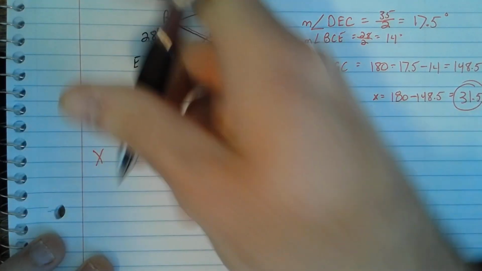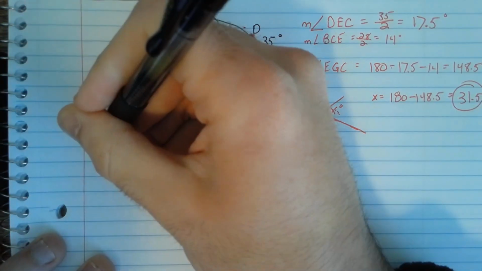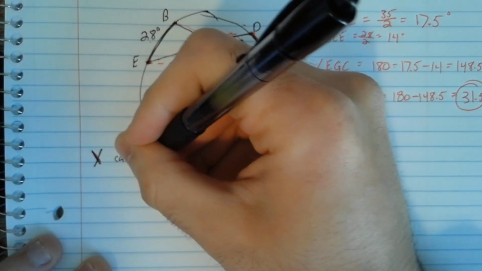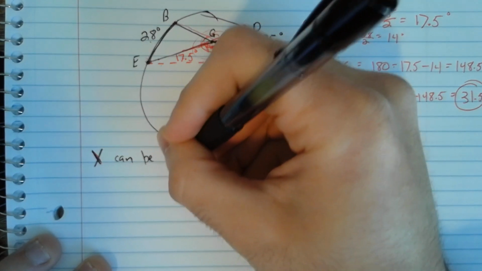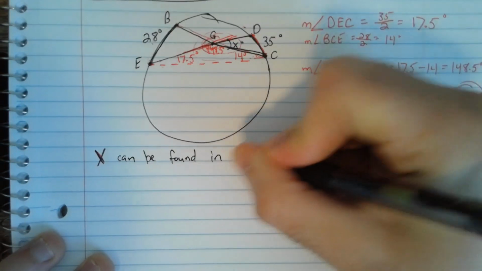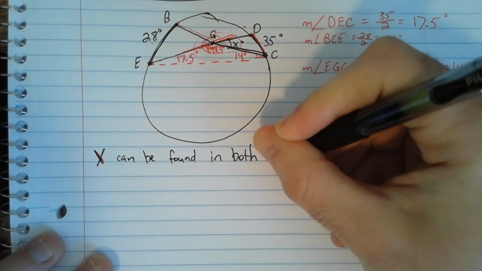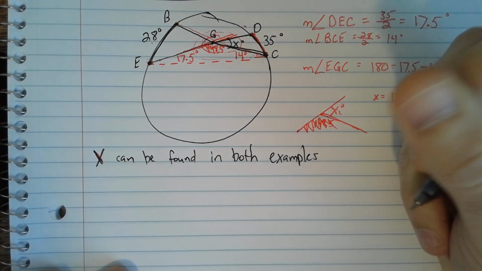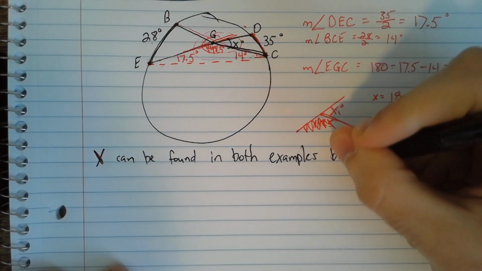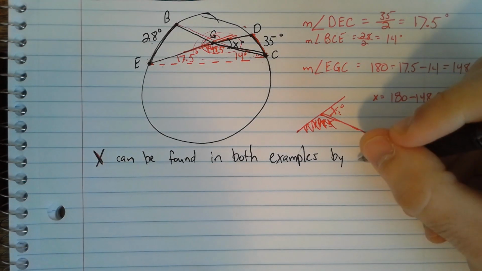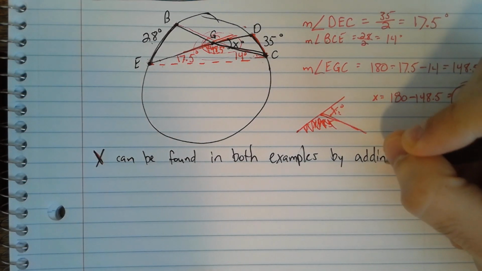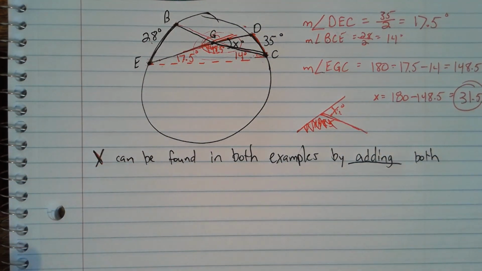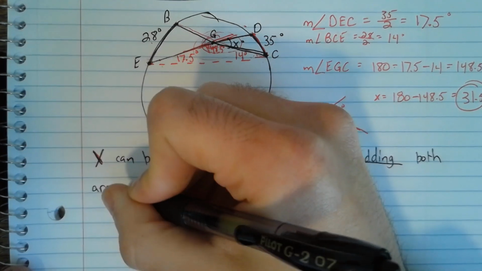x, let me write this in black so it's a little bit easier to see. x can be found in both examples by adding both arc measurements